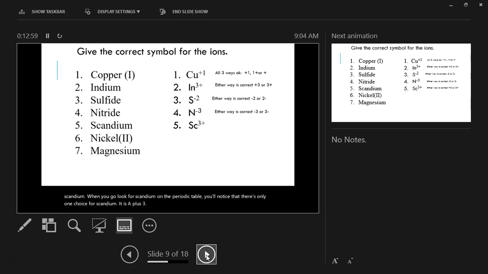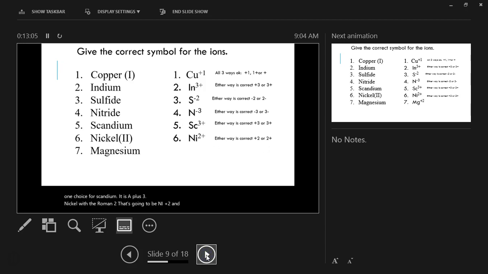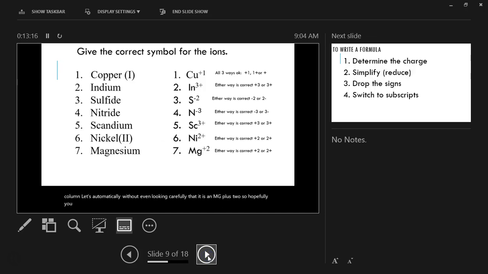Nickel with a Roman numeral 2, that's going to be Ni plus 2. And magnesium, being in the second column, lets you know automatically, without even looking carefully, that it is an Mg plus 2. So hopefully you got all of those right on your check, and we can move forward to